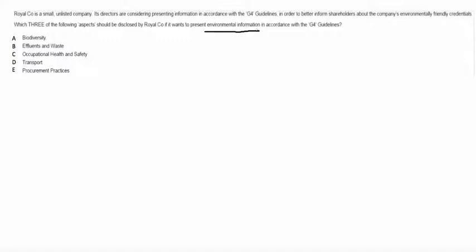And if we just do it from a common sense point of view, biodiversity, effluents and waste, occupational health and safety, transport and procurement practices, you should really identify that occupational health and procurement practices are much more about how staff are dealt with at work and how we deal with who we purchase our goods from, and these 2 don't really relate to specifically environmental issues. And the answer should therefore be A, B and D,